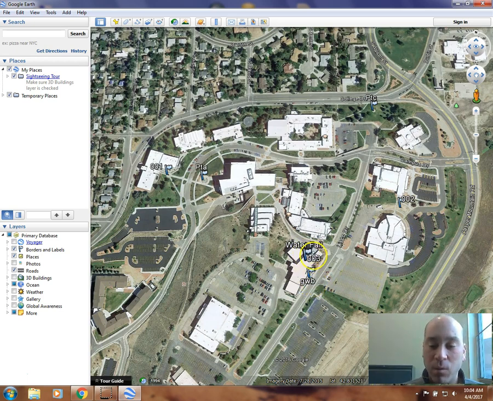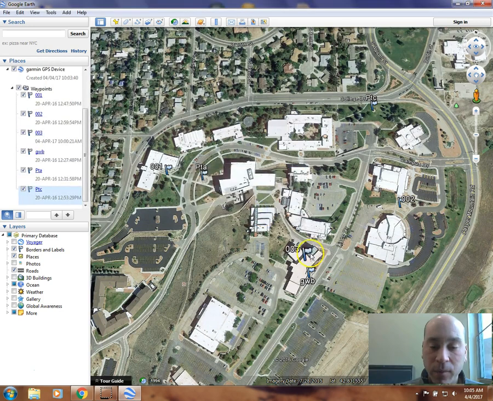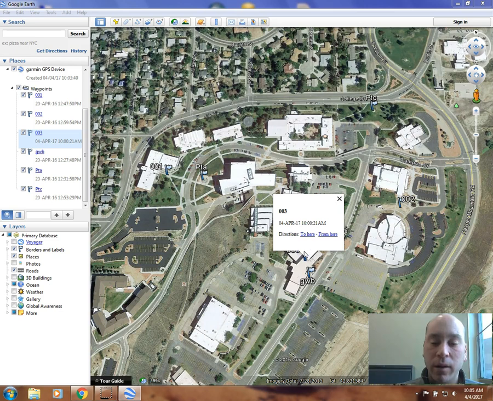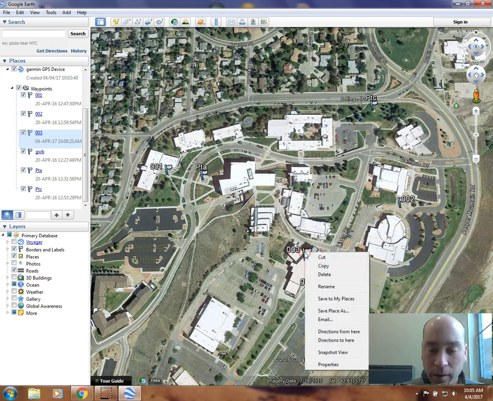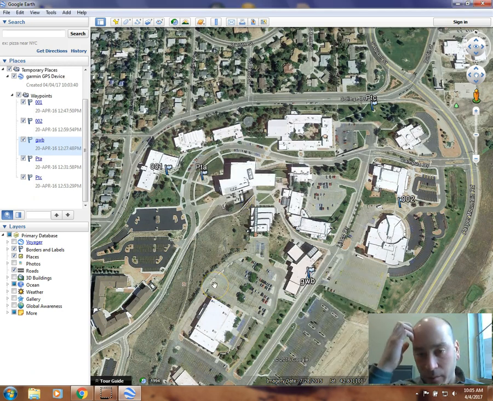I'm going to delete this waterfall point, though. And so I'm going to hold my mouse over it, going to click on it, and then I'm going to right-click on waterfall and say delete. And this 0.03 I'm going to also delete. So click on it, or I'm going to right-click on it, again, say delete, and get rid of it. Okay,